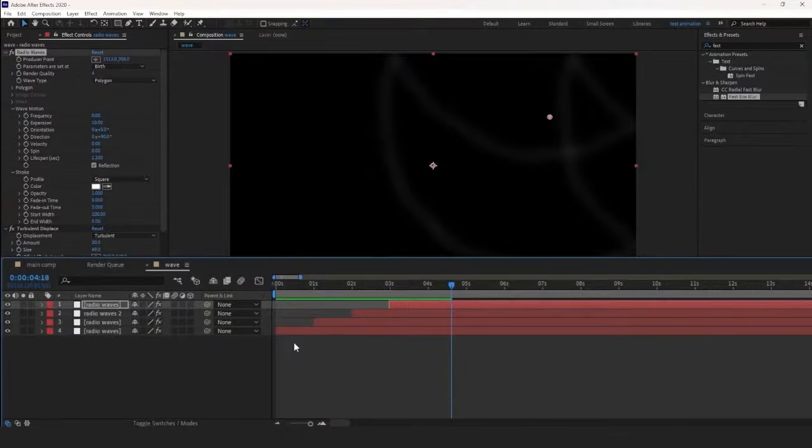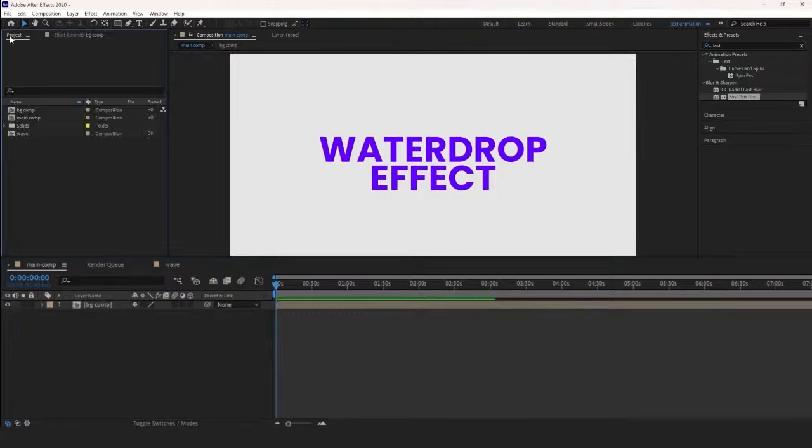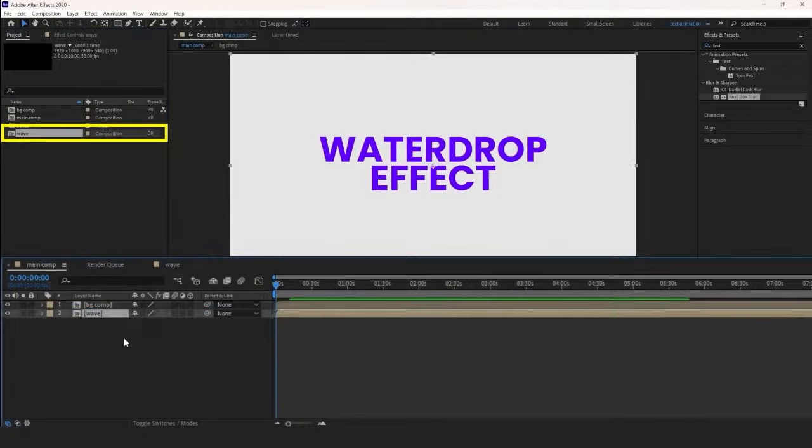Once all the layers are set up, go back to the main composition. Drag the wave composition from the project panel into the timeline of the main comp. This will bring the wave animation into the main composition, and you can see the effect applied to the background